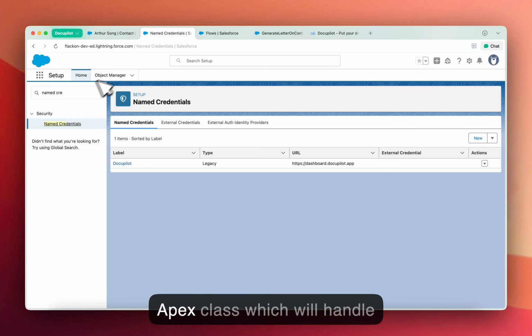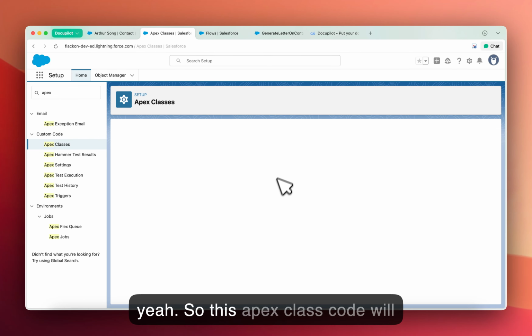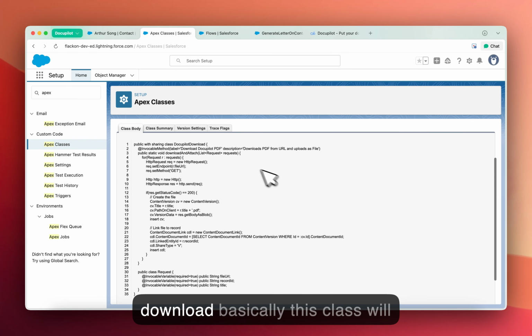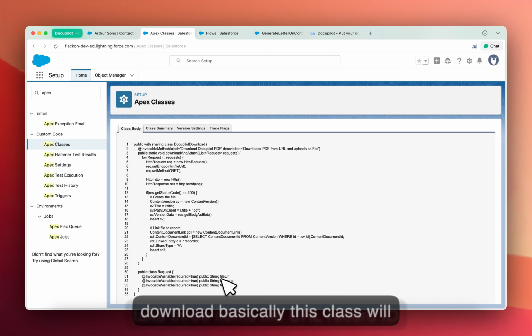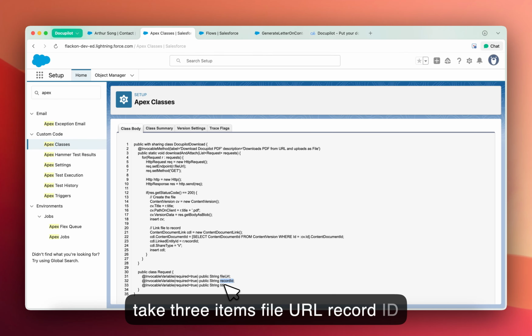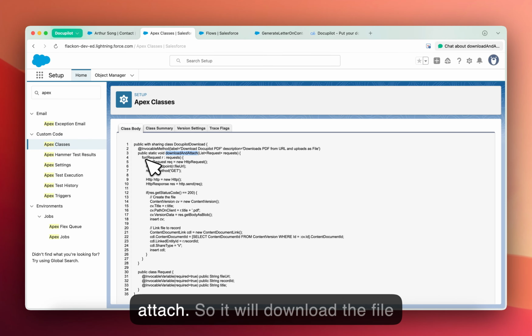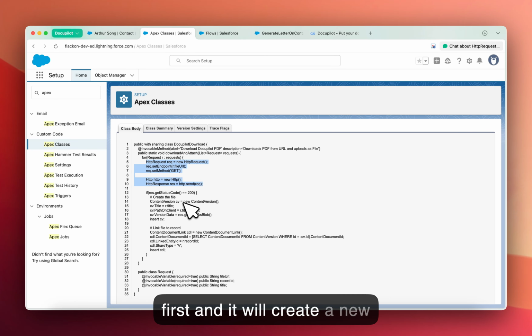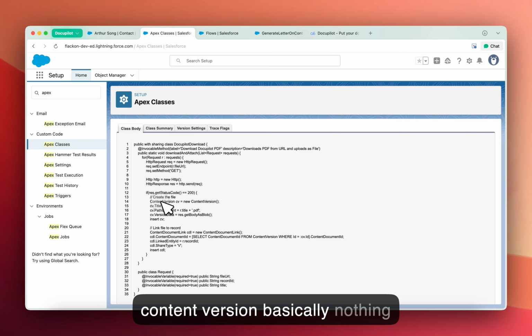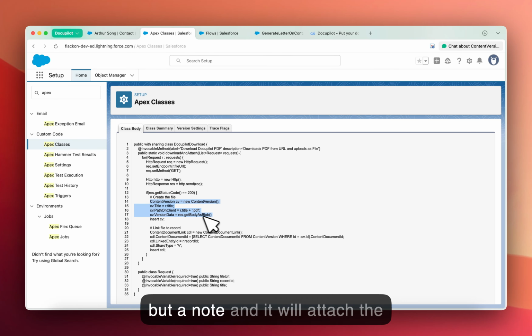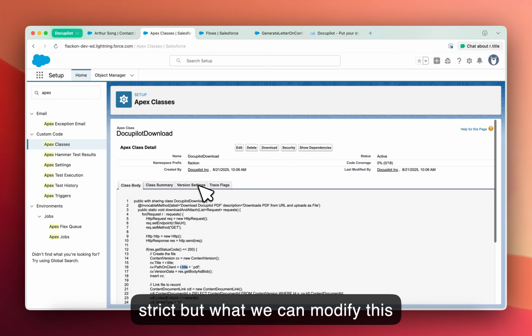I call it Docupilot download. Basically, this class will take three items: file URL, record ID, and title. Basically, this is the name of the file, and it will download and attach. So it will download the file first, and it will create a new content version, basically nothing but a note, and it will attach the note. Right now it is very strict, but we can modify this class to